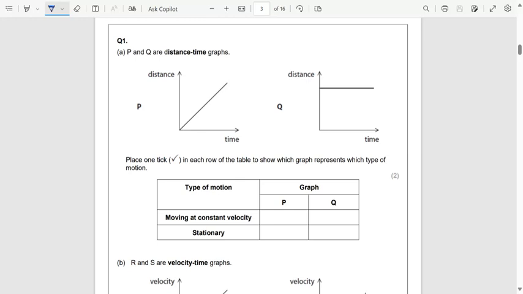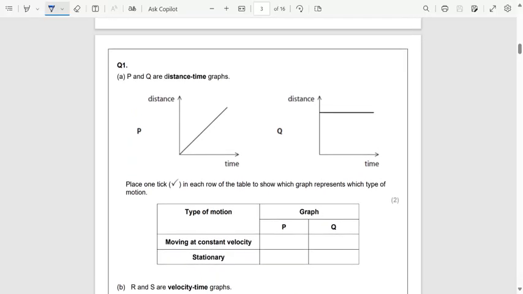Okay, so question 1 starts with distance time graph and then moves to velocity time graph. If we look at the question, we're asked to describe the type of motion that the distance time graphs are showing. And we can see that they're both talking about velocity. So either moving at a constant velocity, which means there is a speed, or it's stationary, which means there is no speed or velocity. So if we think about a distance time graph, and we know that speed, or velocity,